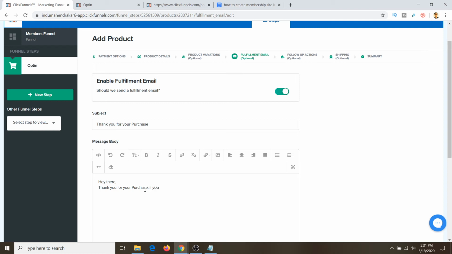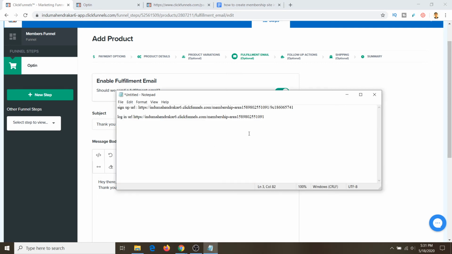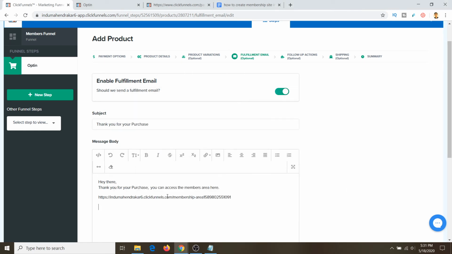You can access the member area here. I had copied the login URL, so it will be a pretty simple step.